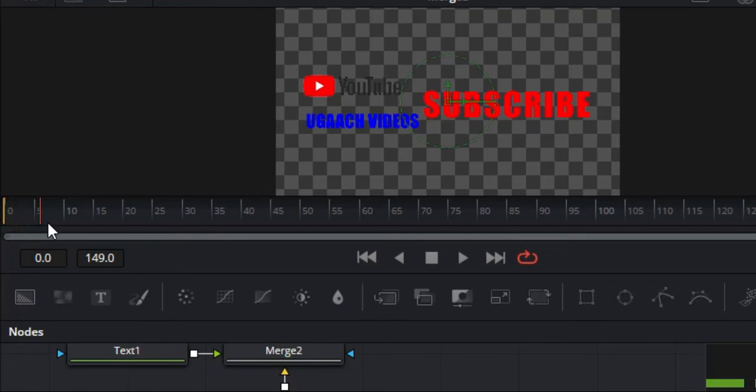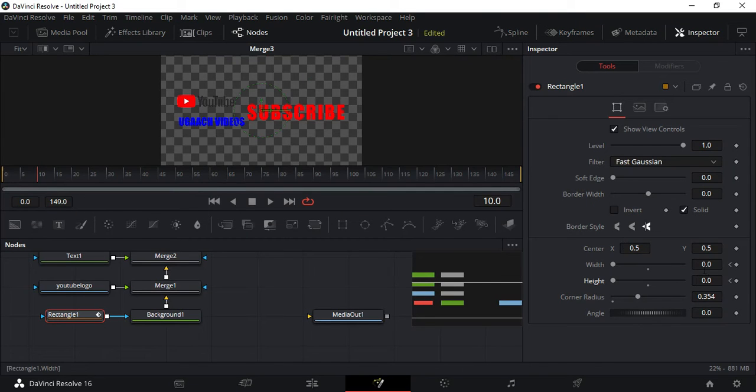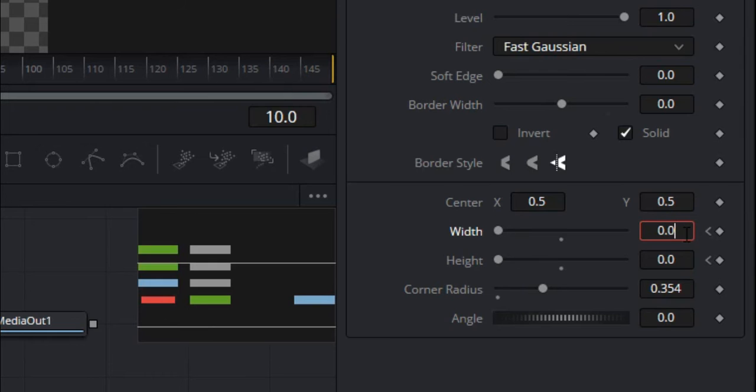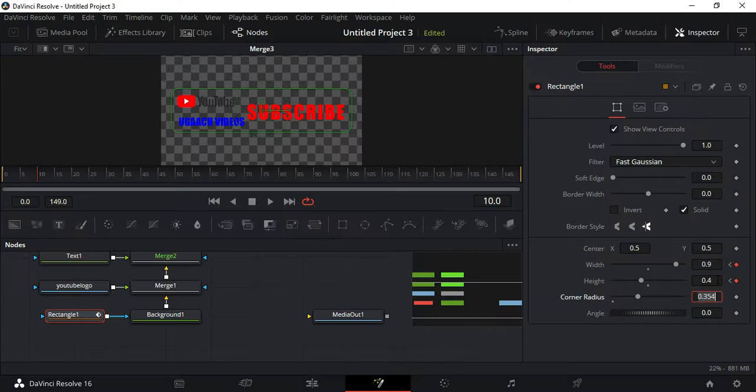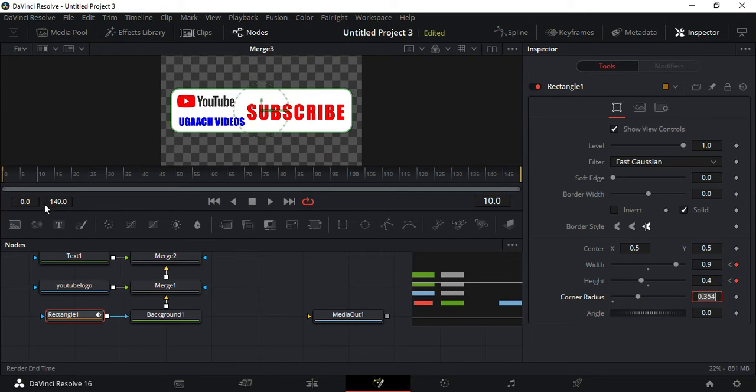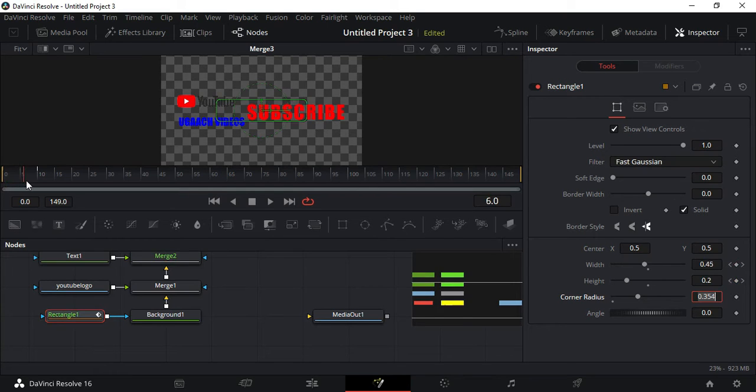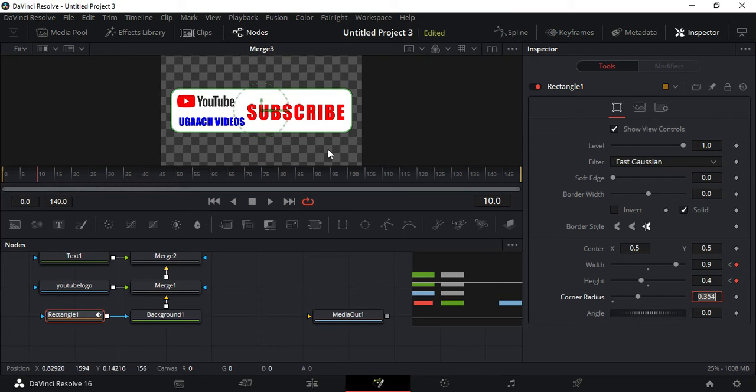So now let's see how we do it. So around 10 frames. I'm going to keep it to 0. At the 10th frame, I want it to come to size. So let's see how it looks. It's 0, and the 10th frame it's coming to its full size, and it's going to stay that way. So now next we'll animate